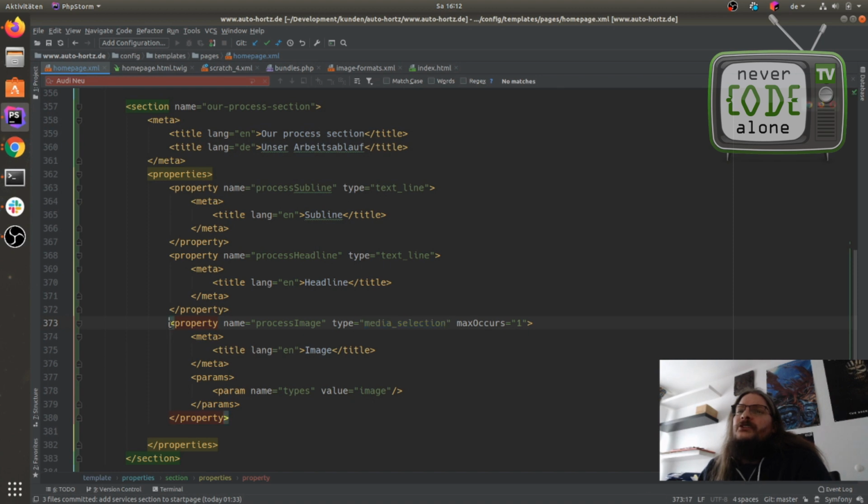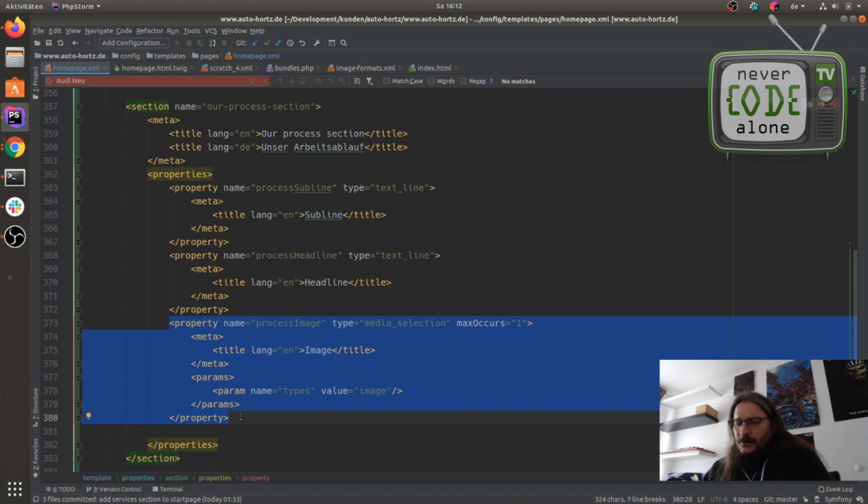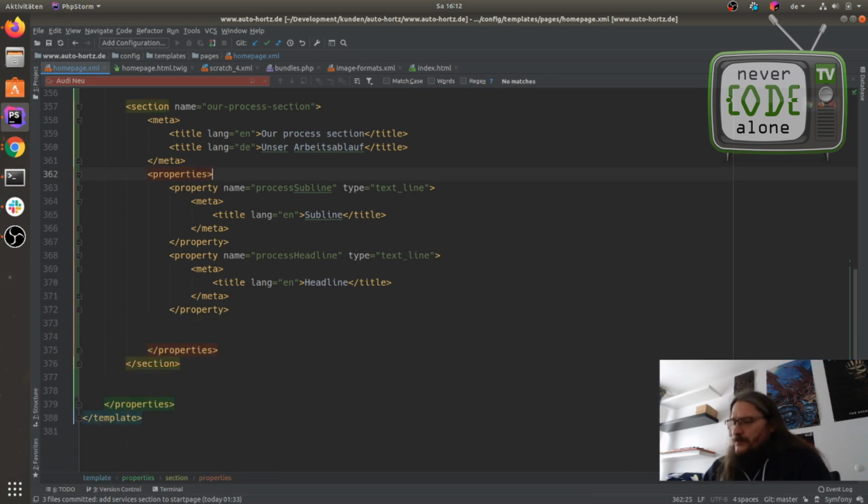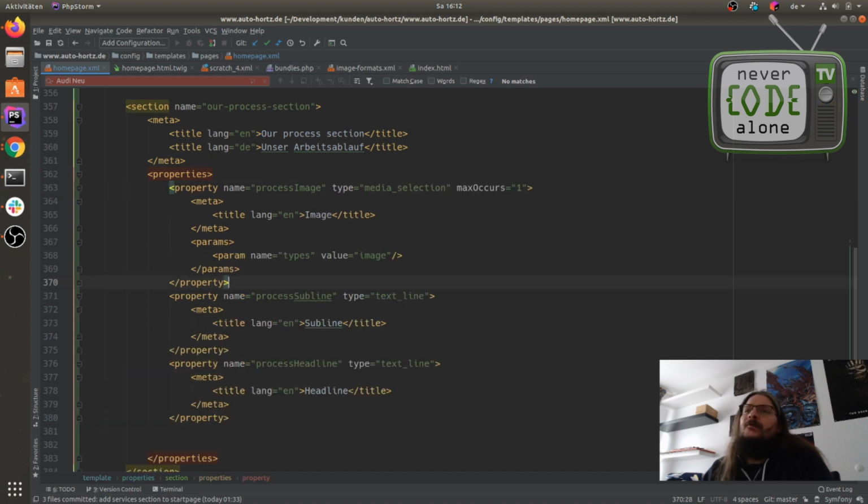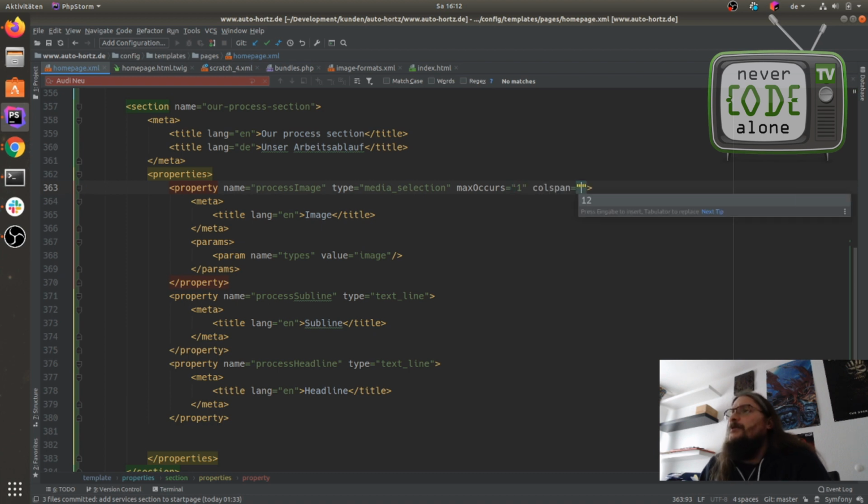So we can just say we move this process image to first, and then we also have here a 12 column grid, and so I can handle it with col span 4 to get 3 items in one row.